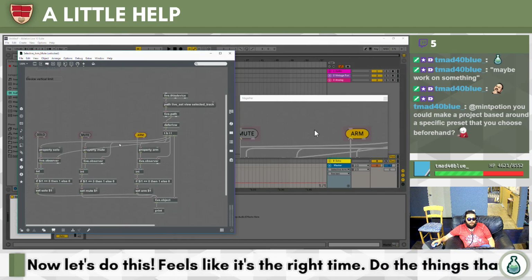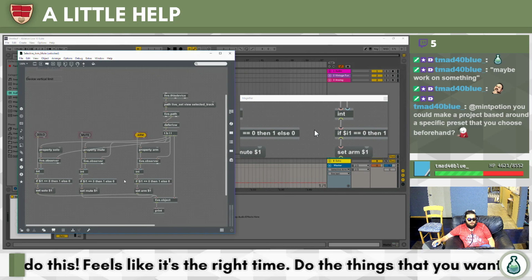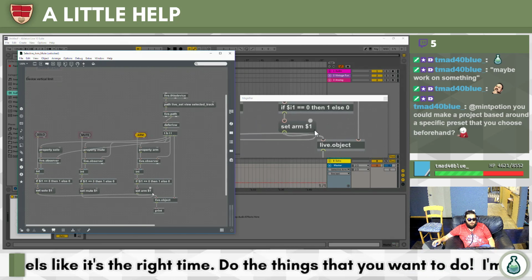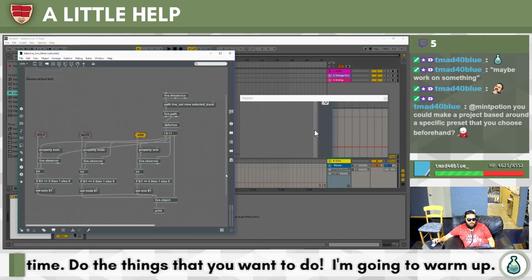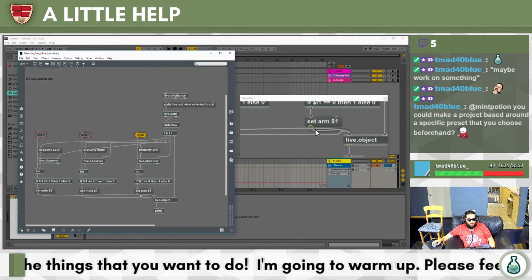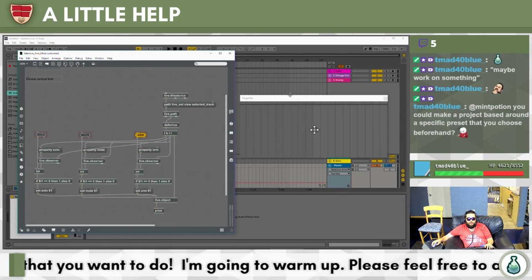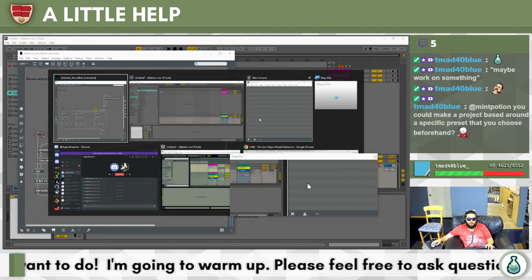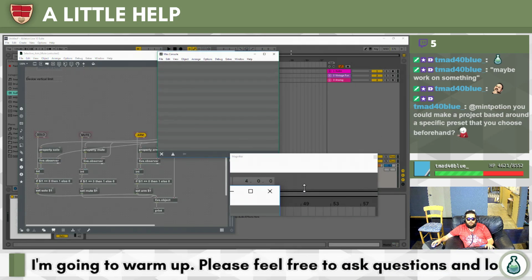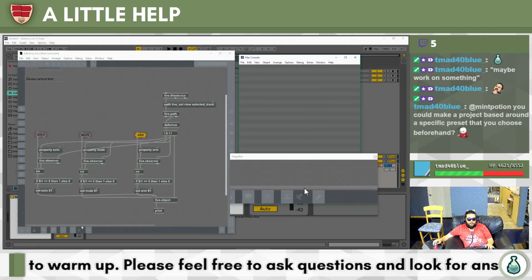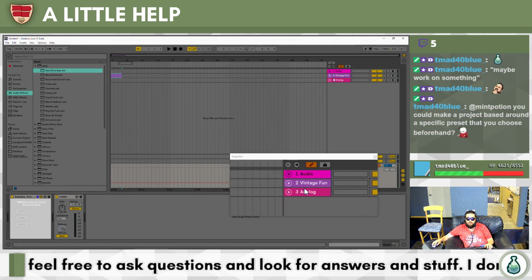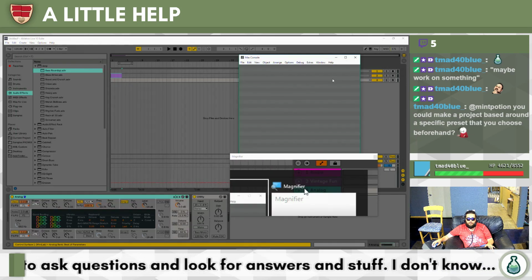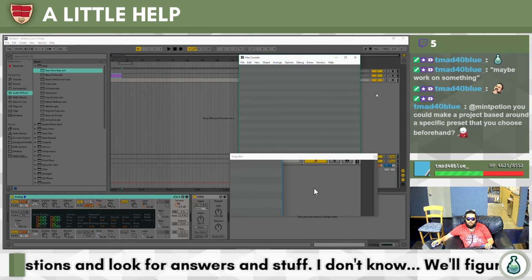And that will show, all right, so I have live observers and it gets this number and it sets arm for each of those objects to 1 and prints those objects. So if I look at the Max console, we can get a little bit more information about what's supposed to happen. I think I have to be out of patching mode in order to see this. And I guess it would help if I had that up.